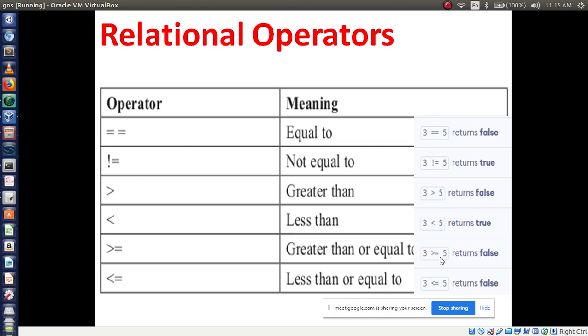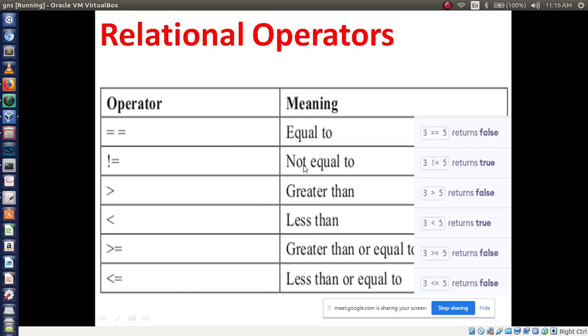Then 3 less than or equal to 5, the condition is true. If it is not the equal operator, then it will display true, but here we are using the equal operator. So these are some examples of the operators you have to use.